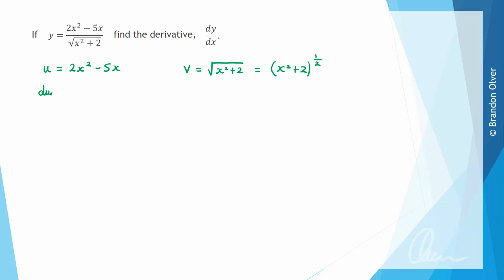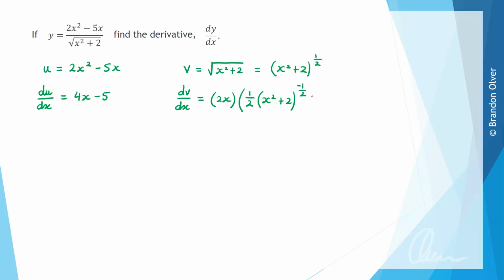Calculating the derivative du/dx, that's going to equal 4x subtract 5, and then dv/dx is going to take a little bit more work to calculate because we're going to need to use the chain rule. That chain rule would say that we differentiate the inner function, x squared plus 2, which derives to 2x, and then we multiply that by the derivative of the outer function. So we take the power out the front, and the bit inside stays the same, and then we take 1